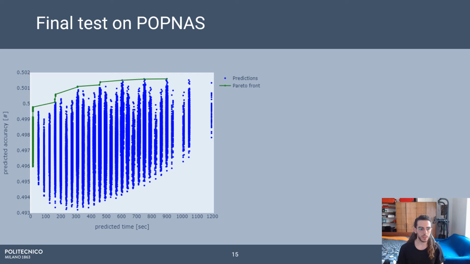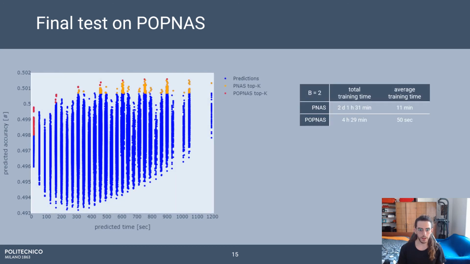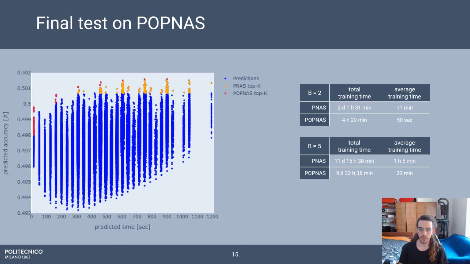Actually, in this image, we can see the predictions of the POPNAS algorithm, and the green line represents the Pareto front in which we are going to search our best architectures. So, as you can see, there are huge improvements in terms of time, both for b equal to 2 and for b equal to 5.